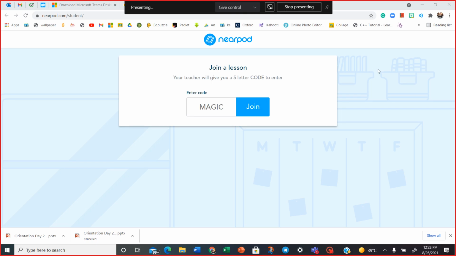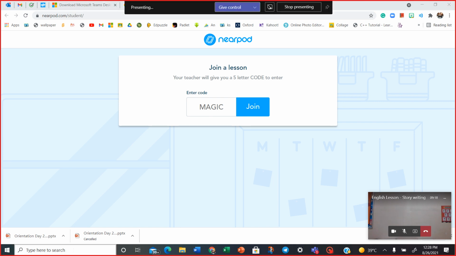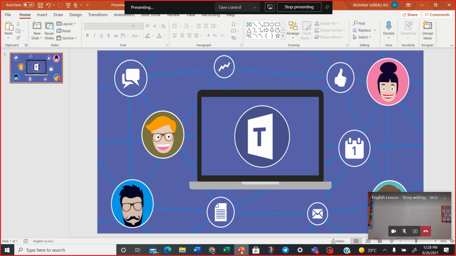Then, can you see a red border at the corners? Can you see these borders? That means you are sharing this screen. I want to share the PowerPoint, so I'll click on this PowerPoint. Can you still see this red border line? That means the screen is getting shared. Similarly, you can share your Word screen or Excel screen. You can share any screen as long as you can see these red borders. That means you are sharing the screen.